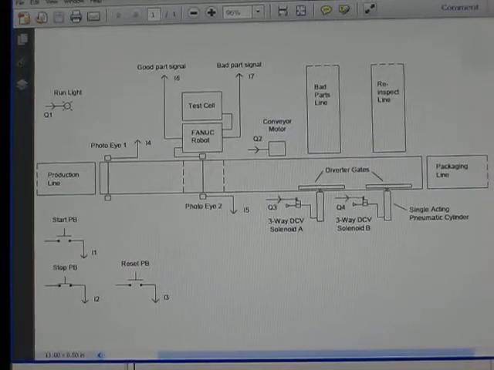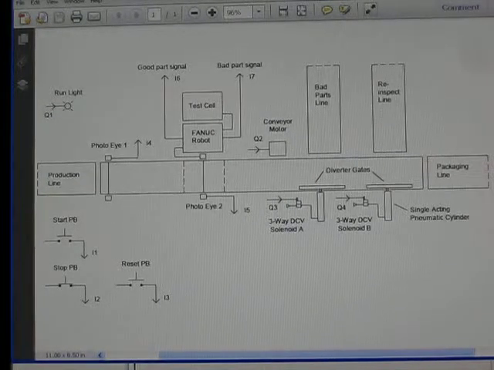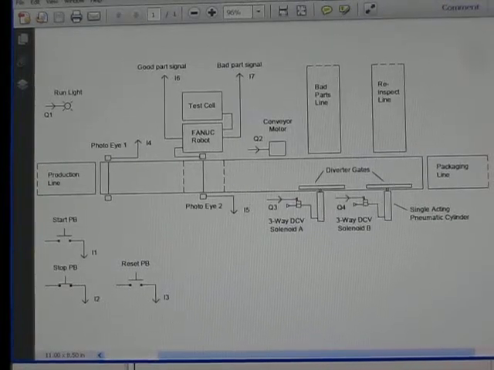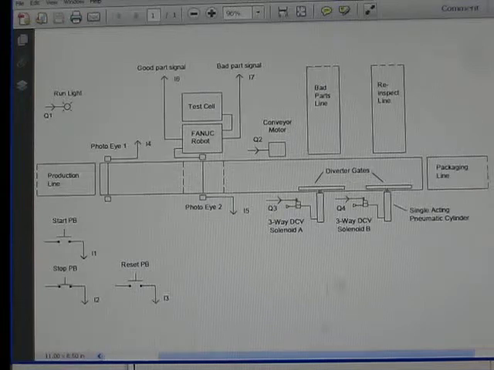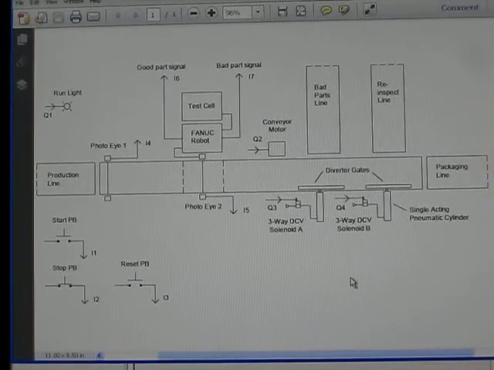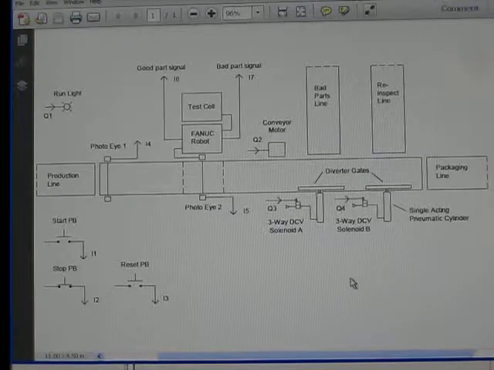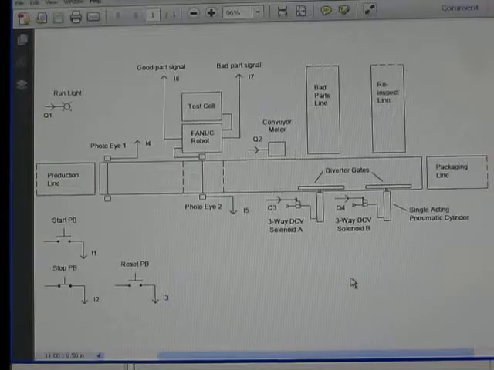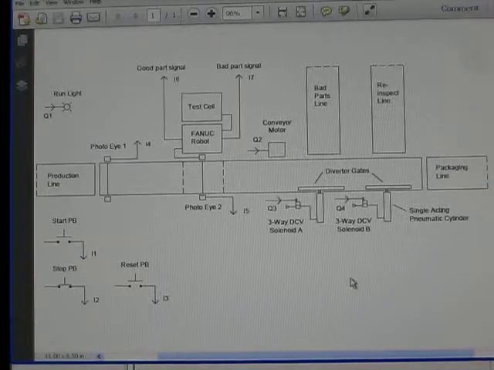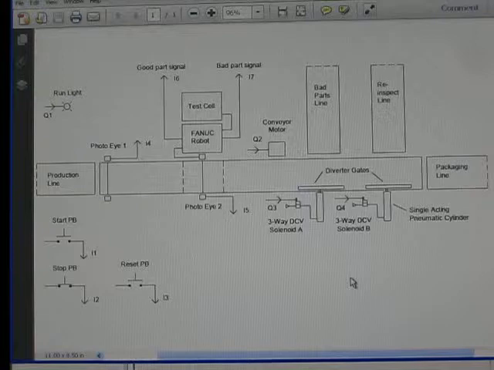Okay, before I show you a PicoSoft control simulation, I will describe the requirements of my hypothetical conveyor system. Here we have a diagram of the system that I created in AutoCAD. This shows a top view of the system. The key requirement is that we have to move manufactured parts from a production line conveyor, which you see on